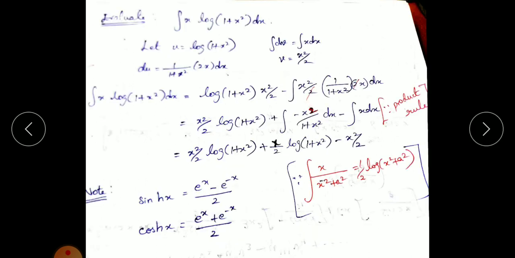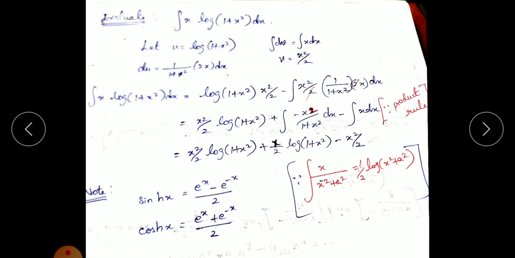Okay. Next we can move to these simple problems, which do not come under the Bernoulli's formula. It's a general integration. So evaluate the integral of x log(1 plus x squared) dx. Okay. Some corrections I have made in this problem. In the notes I have given, it was wrong. Some of the girls in your class, especially Padma Priya, have sent me a message personally. So I have once again corrected the problem.